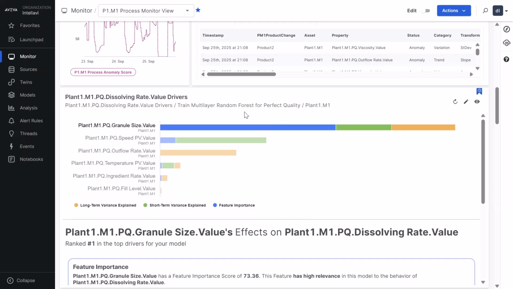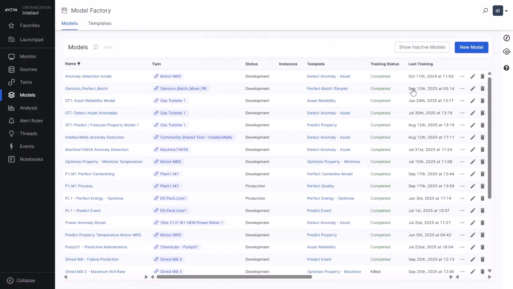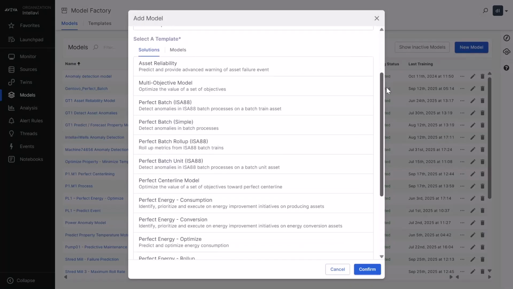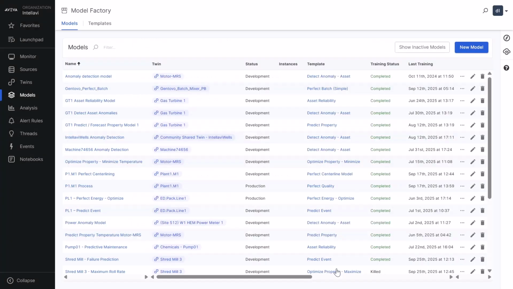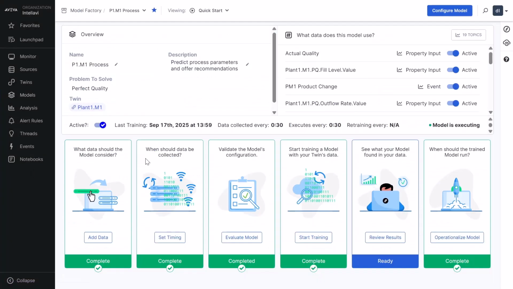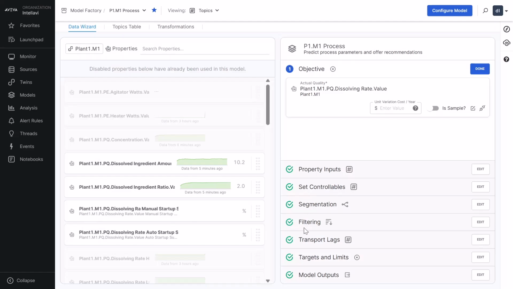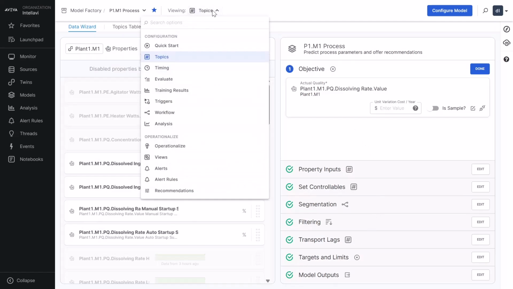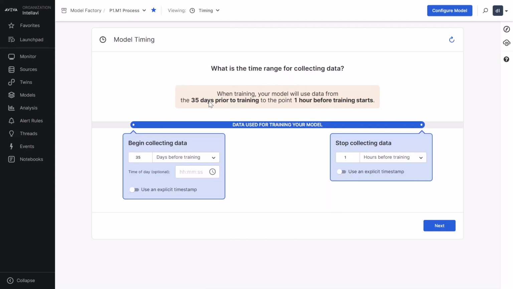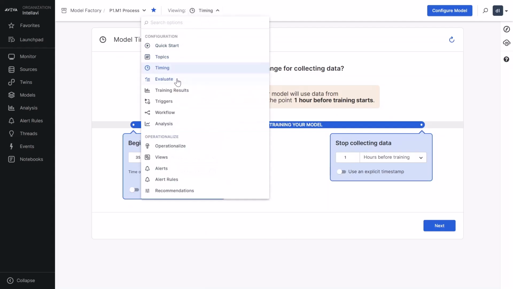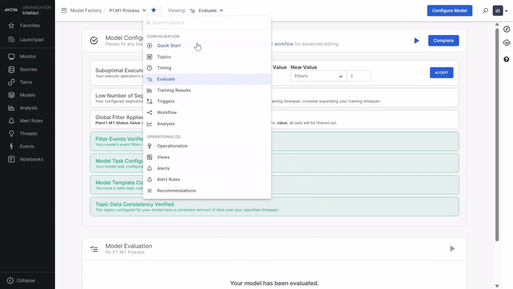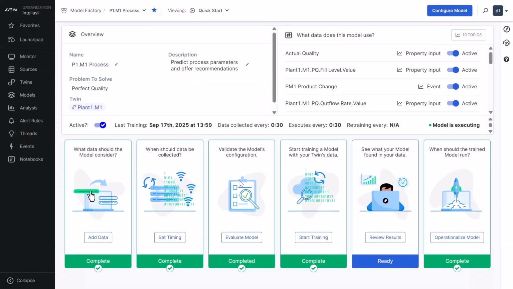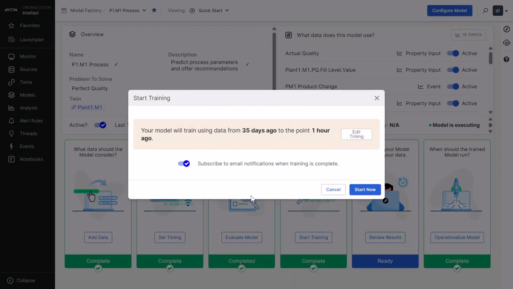Each model within Advanced Analytics is built using no-code point-and-click configuration, leveraging Aviva's library of templates from energy efficiency to asset reliability, along with built-in streamlined tools for performing data cleansing and feature engineering to prepare raw on-site data for machine learning analysis. With only a few clicks, a user can specify which data to include within a model, specify historical time ranges to use for training, and run an auto-evaluate to detect outliers, missing data, and other data quality concerns. And after being walked through corrective steps, users can train models with just the push of a button,